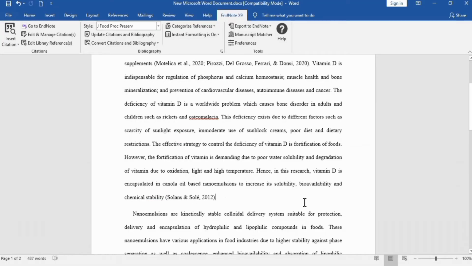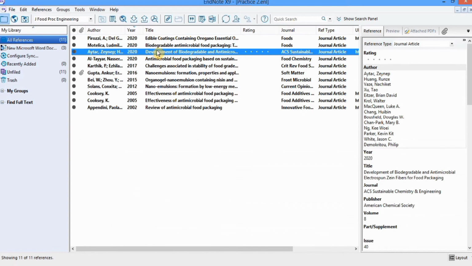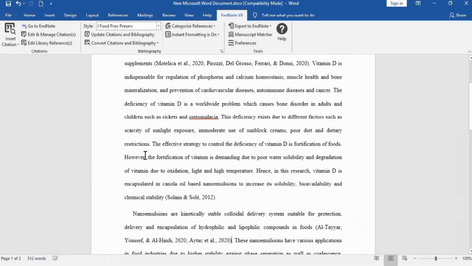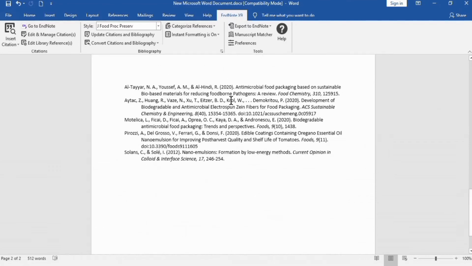Now if you want to insert two references simultaneously, then select location, go to EndNote and select references by holding Control key. You can see here the two references are inserted here. And if you go to end of this document, you can see here these references are automatically arranged and there is no duplicate.